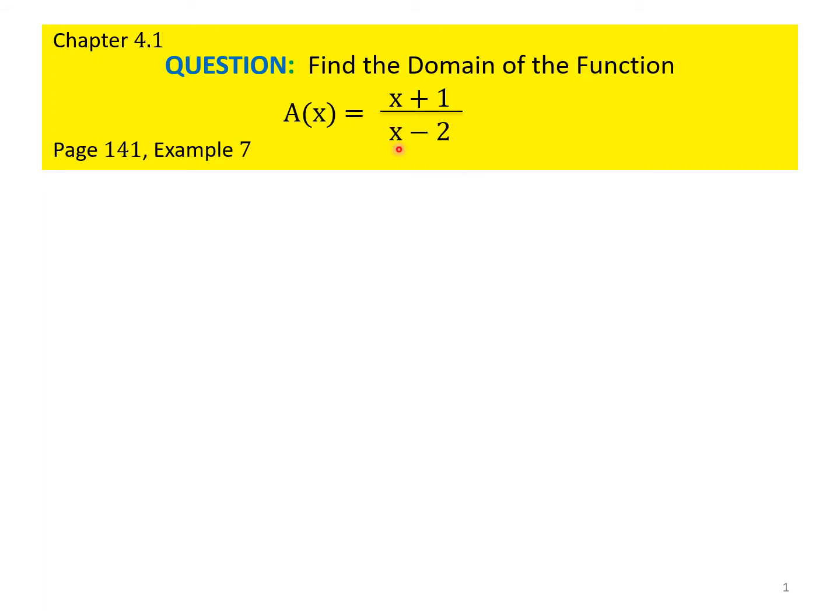Now, I don't mean x. X here can equal 0 because that would give you -2 in your denominator. I'm saying that this whole x minus 2 cannot equal 0. So if we're going to find the domain, now remember, domain means all the x values. We have to say it's limited, and that x minus 2 cannot equal 0.